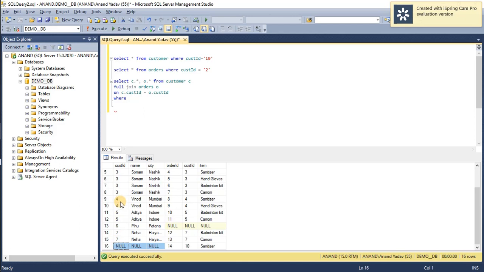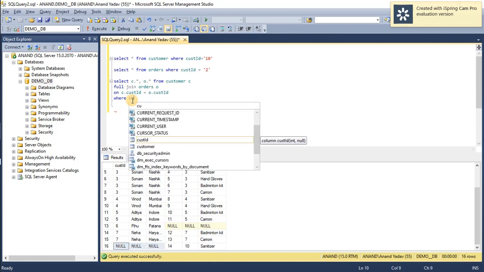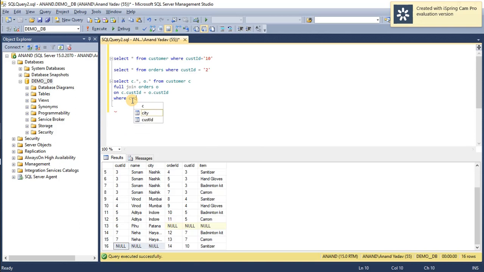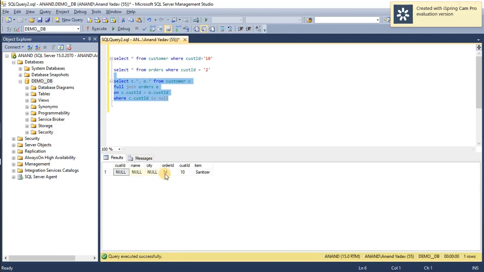For the left table, the mandatory field is customer ID, so we'll fire the query using the alias name, like c dot customer ID is null. With the help of this query and this condition, where customer ID is null, this means this record is present only in the right table, which is the orders table. This information is not present in the customer table.